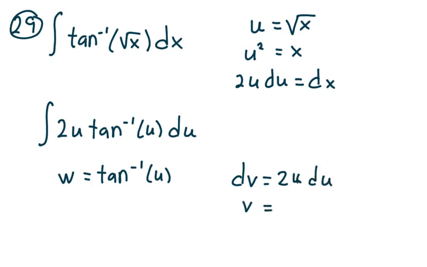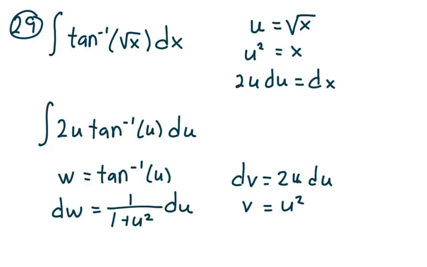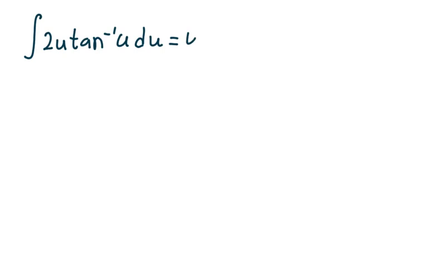So v is u squared. dw is 1 over 1 plus u squared du. So we get the integral of 2u arctangent of u du is, so I get u squared arctangent of u